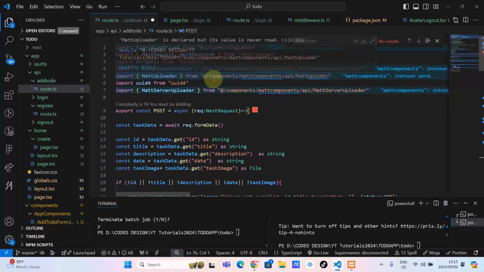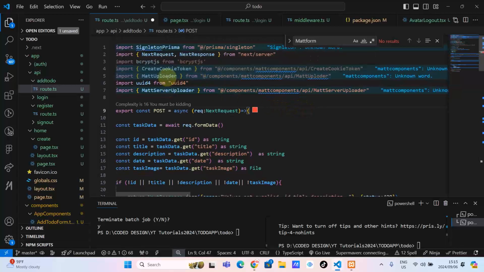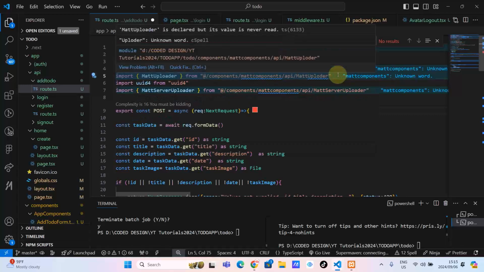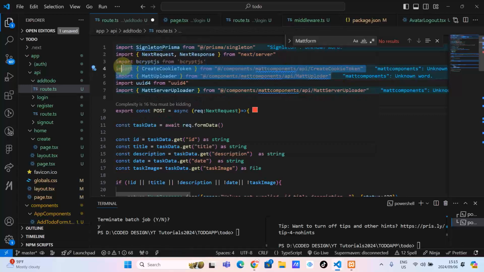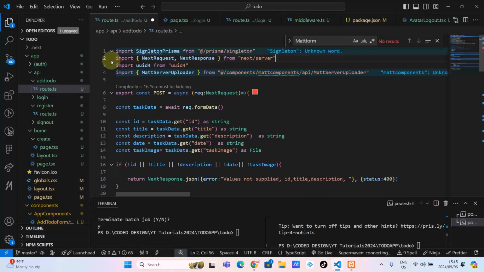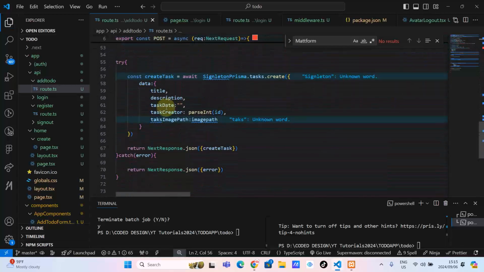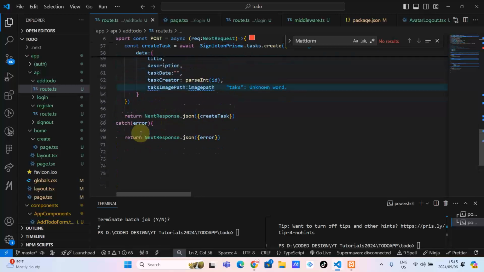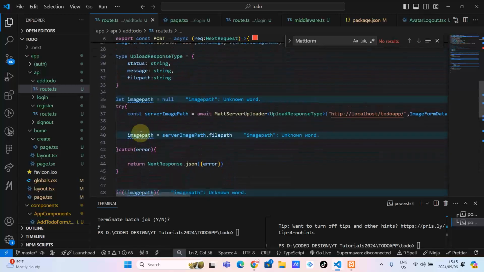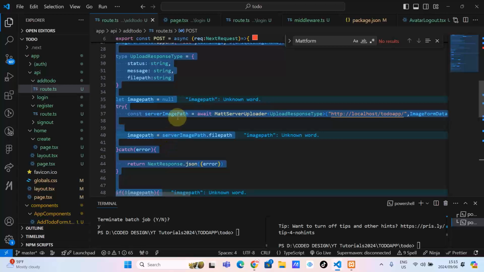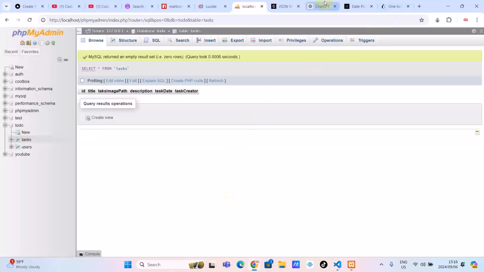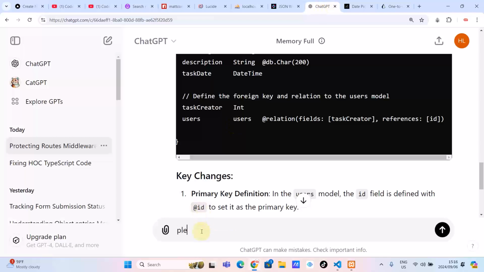Okay, what we can do: the uploader is not used, the cookies are not used, we're not even using bcrypt. I'm happy with this, but you never know, there's always an opportunity for learning. What I usually do, I will take this and type here,